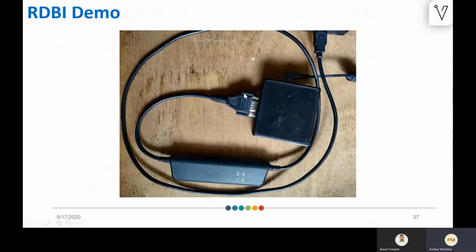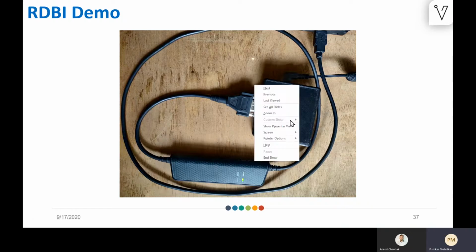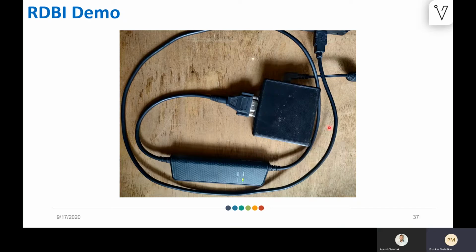For this purpose, we are using this setup. This is a simulator for the vehicle ECU which we are using for the bench demo, and this is the Quasar tool that we have seen in our training session, for connecting the ECU simulator to the laptop via CAN bus. We are using the Busmaster software for querying the messages.